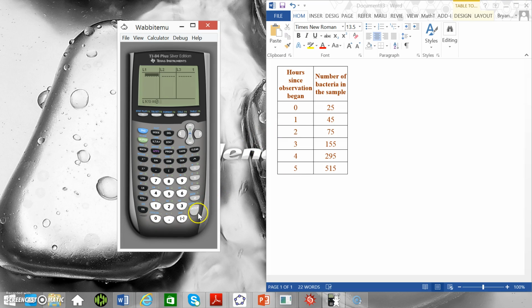So I'm going to put 0, 1, 2, 3, 4, 5. And now I'm going to go over to list 2. I'm going to put in our second piece of material here, the number of bacteria in a sample. So it starts with 25, and then we've got 45, we've got 75, got 155,